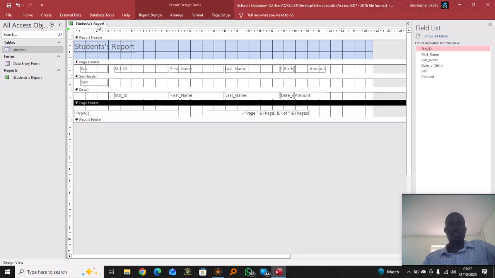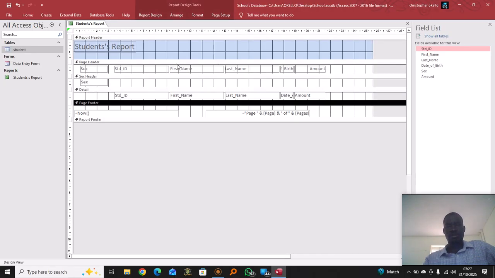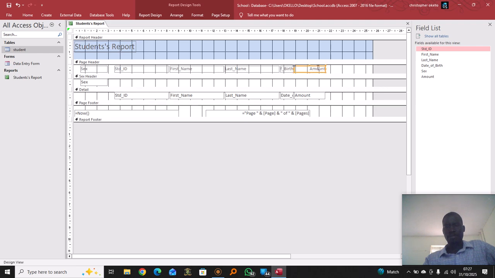So when we go back to our report view, you will see that okay, amount is visible. Then again, date of birth is not visible. We can still adjust this in the report design. Date of birth, we take this one this side, okay. Then we adjust this one a bit there, yes. We take this one this side, then we adjust this one a bit. When we check on our report view,